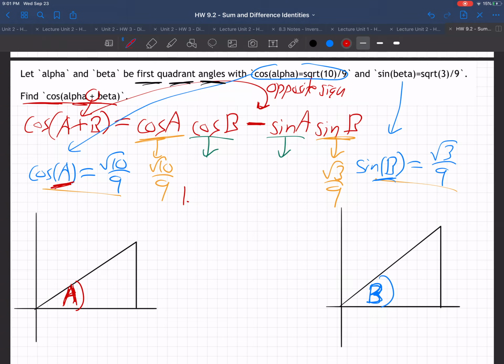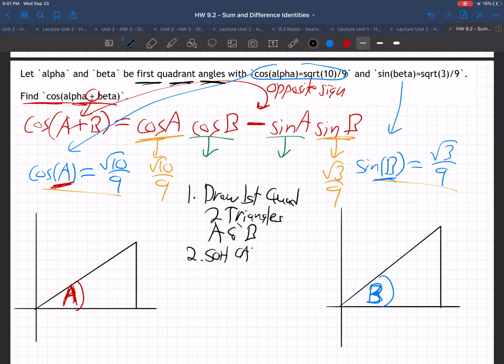So step one, draw first quadrant two triangles, A and B. We have an A and a B triangle. Step two,